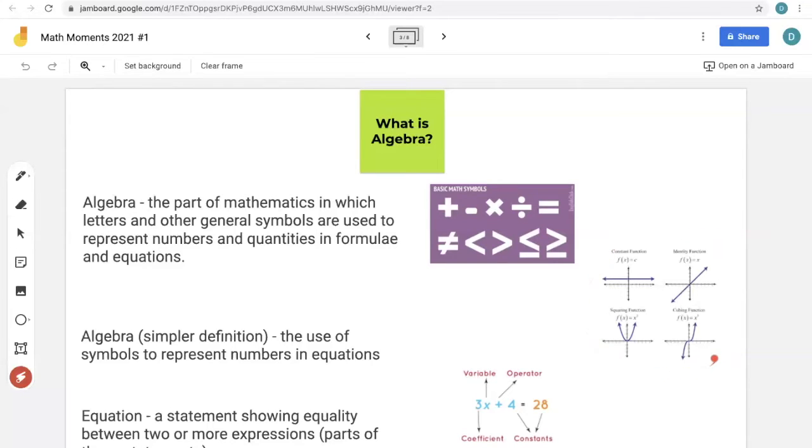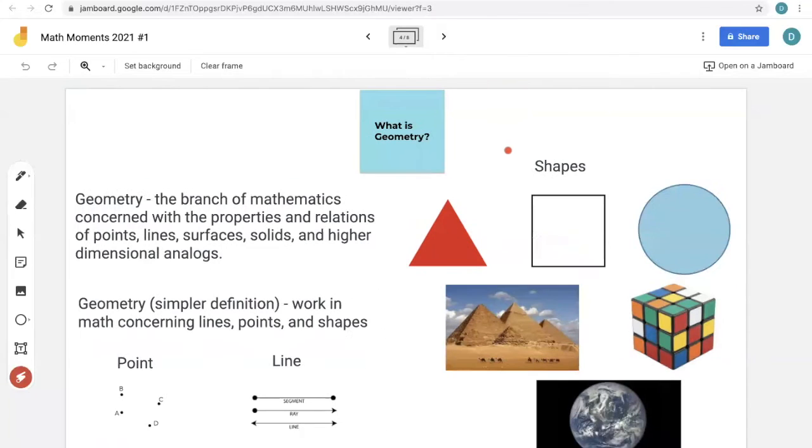And I don't know that we're going to get into this aspect all that much, but you can see that's how it's kind of applied. And then obviously these symbols up here are very important to algebra and even geometry, which we're going to get into right now. Now, geometry is the branch of mathematics concerned with properties and relations of points, lines, surfaces, solids,